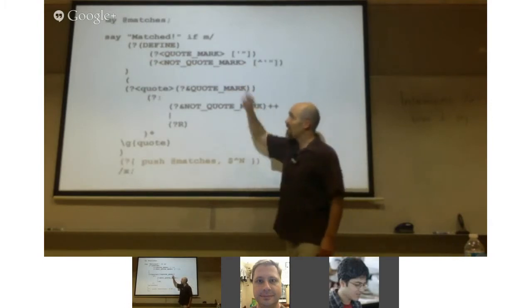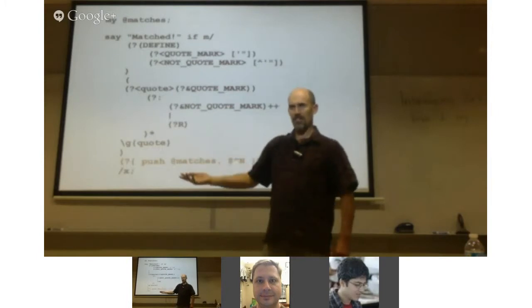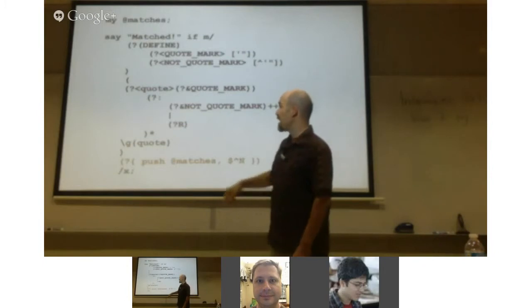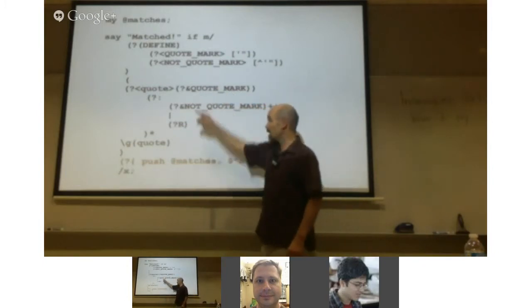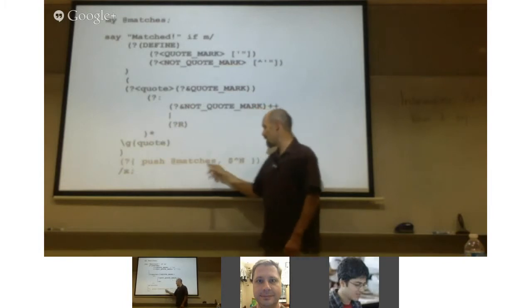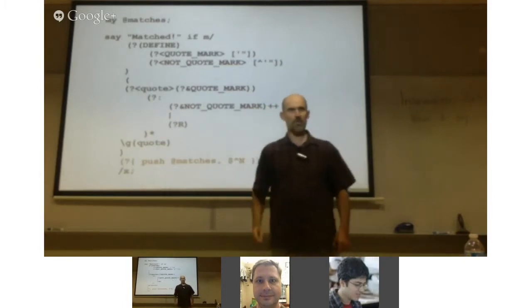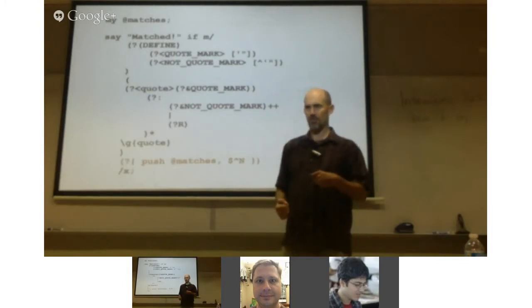I'm going to define at the top of this other array, @matches. Same scope as the regular expression, but it's not defined inside the regular expression. And at the end of each of these subpatterns that I run, I'm going to push onto that the value of $^N. This is a special regex variable that is the result of the last capture group.